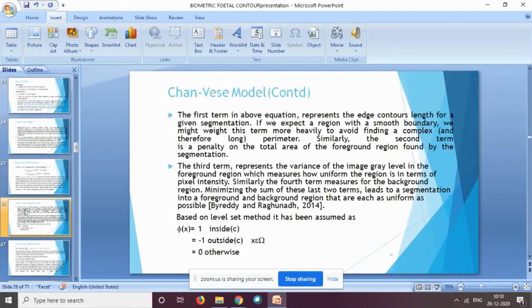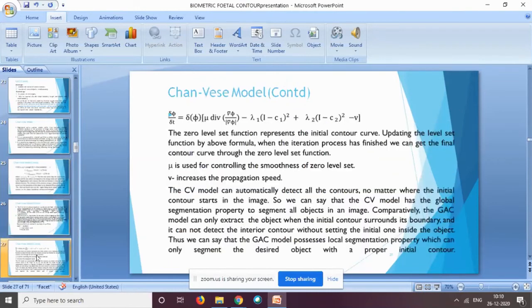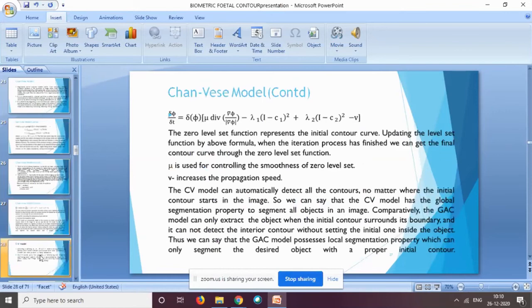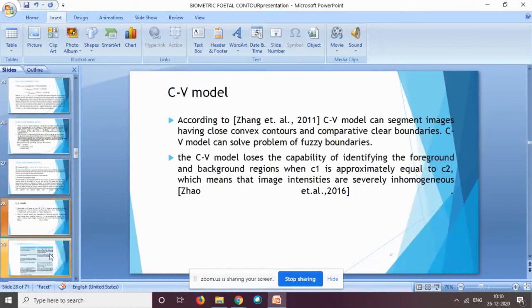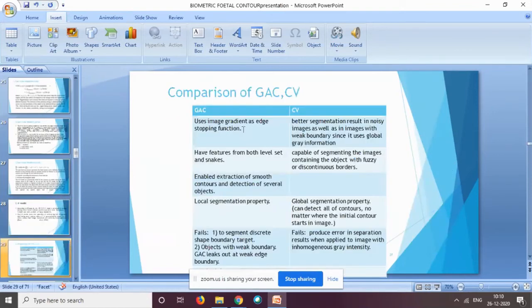We were having some problems with the Chan-Vese model. Let's see those problems, or rather see the comparison of the geodesic active contour model and the Chan-Vese model. The image gradient is used as a stopping function in the GAC model. It has the features of both level set and snake. It allows us to extract a smooth contour and to segment several objects.